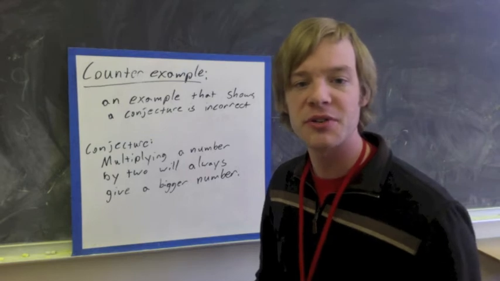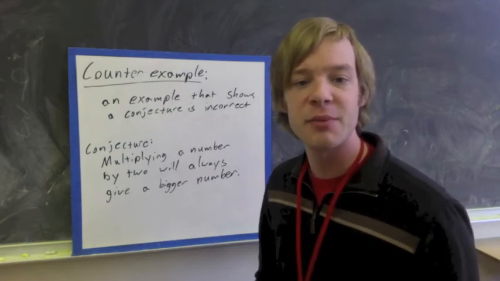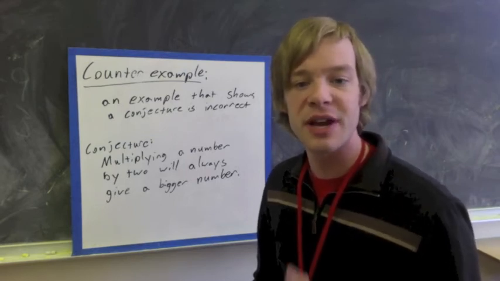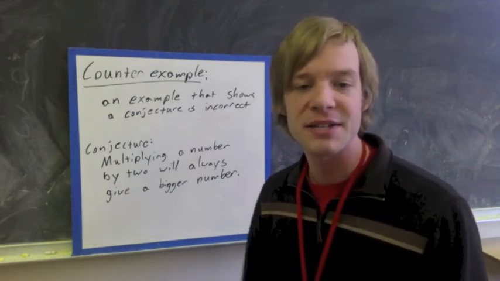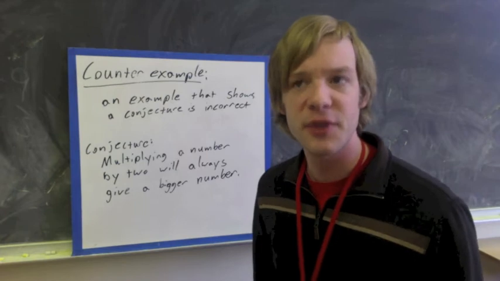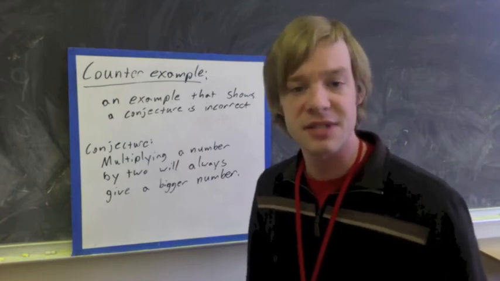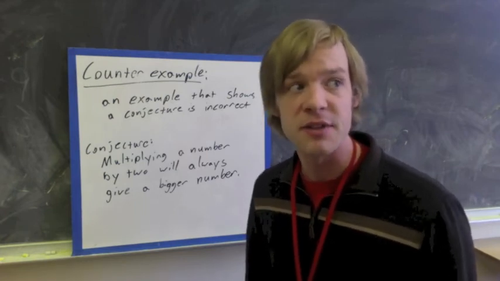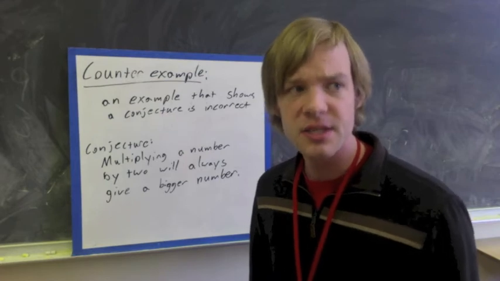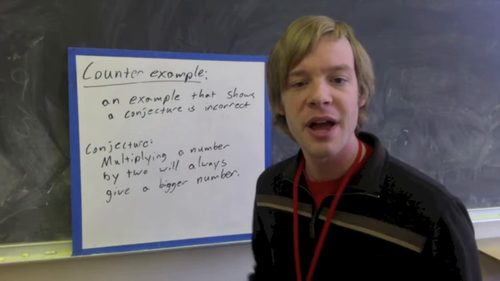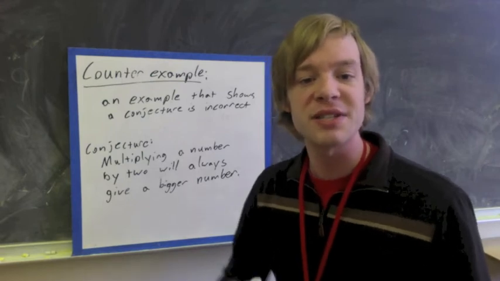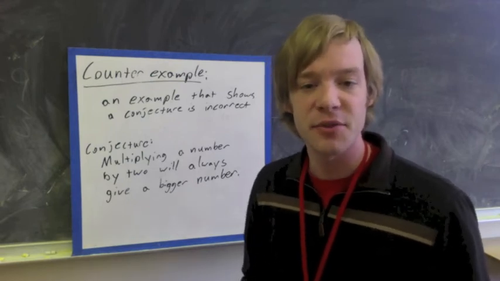So our conjecture here says multiplying a number by 2 will always give a bigger number. So if you think about it, looking back at the last examples we had, if we had the fifth term, well, 5 times 2 gives us 10, so 10 is bigger than 5. And the sixth term, 6 times 2 is 12, so that gives us a bigger number than we had before. However, this is not always true, because if I take -3,